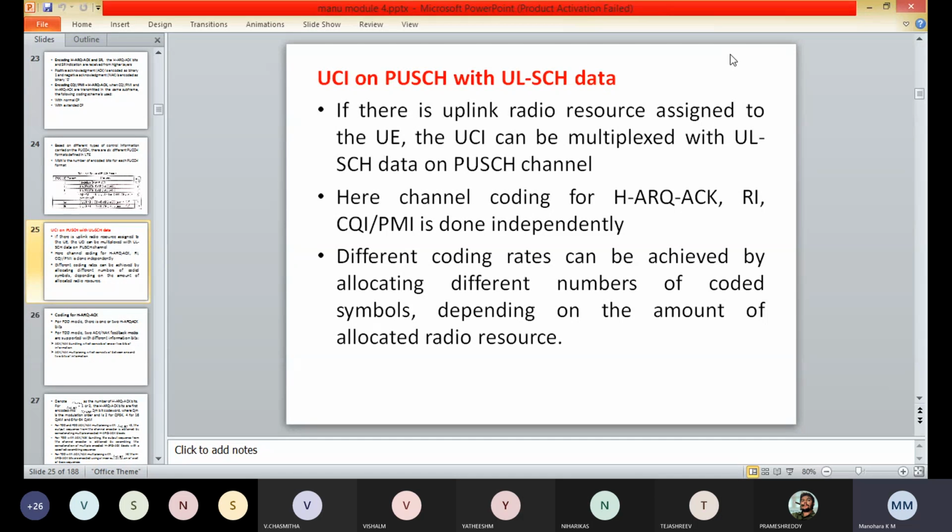In this case the channel coding for the HARQ acknowledgement, RI and CQI or PMI is done independently. Different coding rates can be achieved by allocating a different number of code symbols depending on the amount of the allocated radio resources.